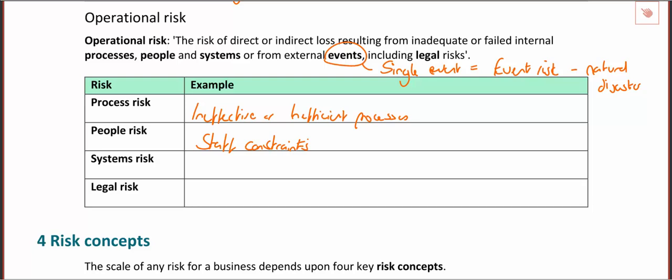System risk is going to be something normally to do with IT. So for example, you might have some sort of IT system capacity issue. So we're unable to carry out the amount of processes or transactions that I need to, because we've got some issue in terms of my IT system capacity. And then finally, we've got legal risk here. And for example, that might be, well, what happens if there's a new regulation in place and I haven't done enough to make sure that I'm not going to fall foul of that? So not meeting regulation, or perhaps a new regulation.